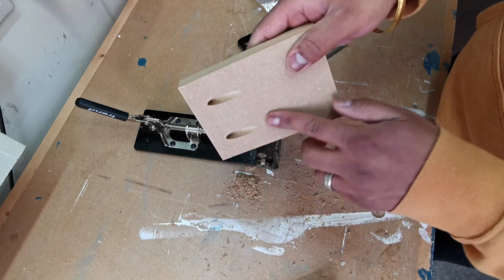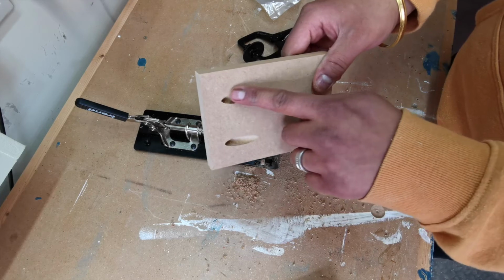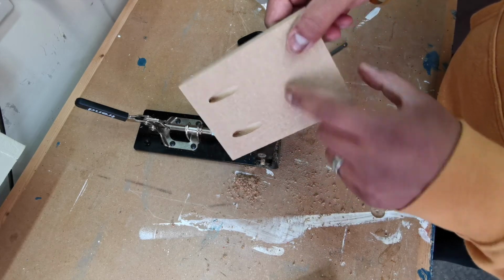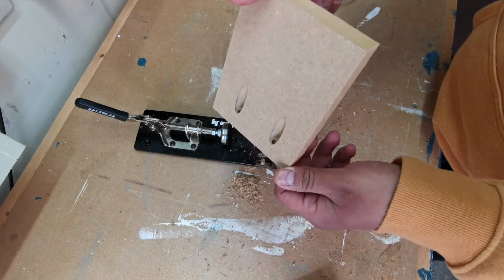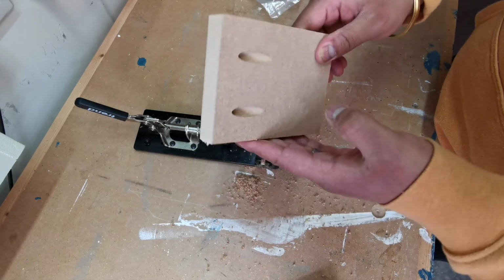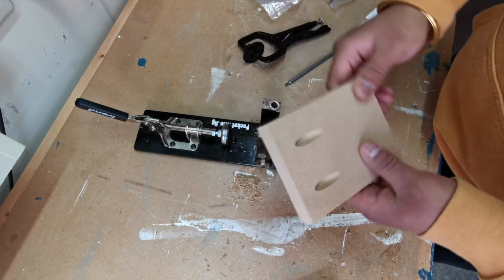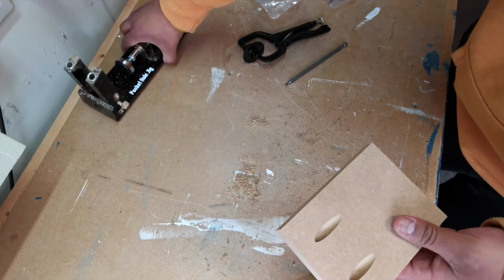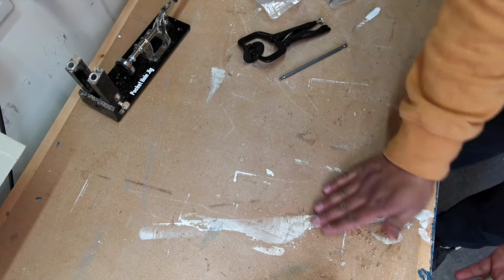And to be honest, the bit that comes with this jig is very sharp and very smooth in terms of the hole it makes. And I know I'm using MDF here, but I've had similar results using hardwoods and plywood and pine and so forth, so it's consistent in terms of the result. And the next thing to fix this in place is to basically